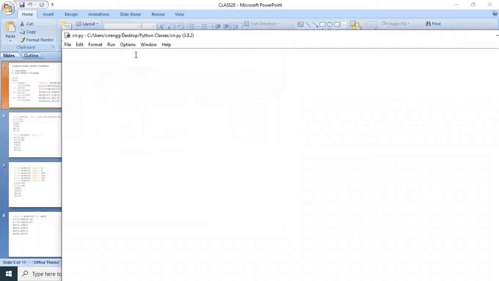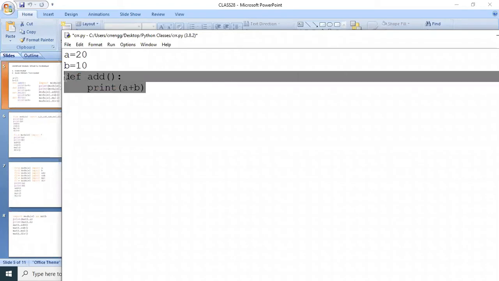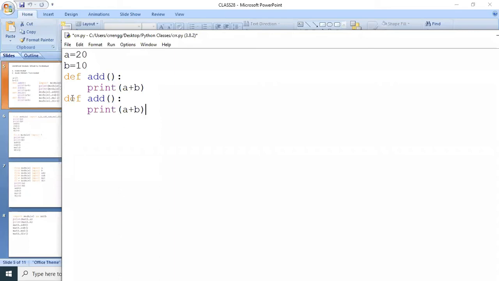Now, in this, I define the variables a equals 20, b equals 10. I define four functions. The first one is add, which prints a plus b. In this user-defined module CRR.py, I define four functions: add, subtraction, multiplication, and division.